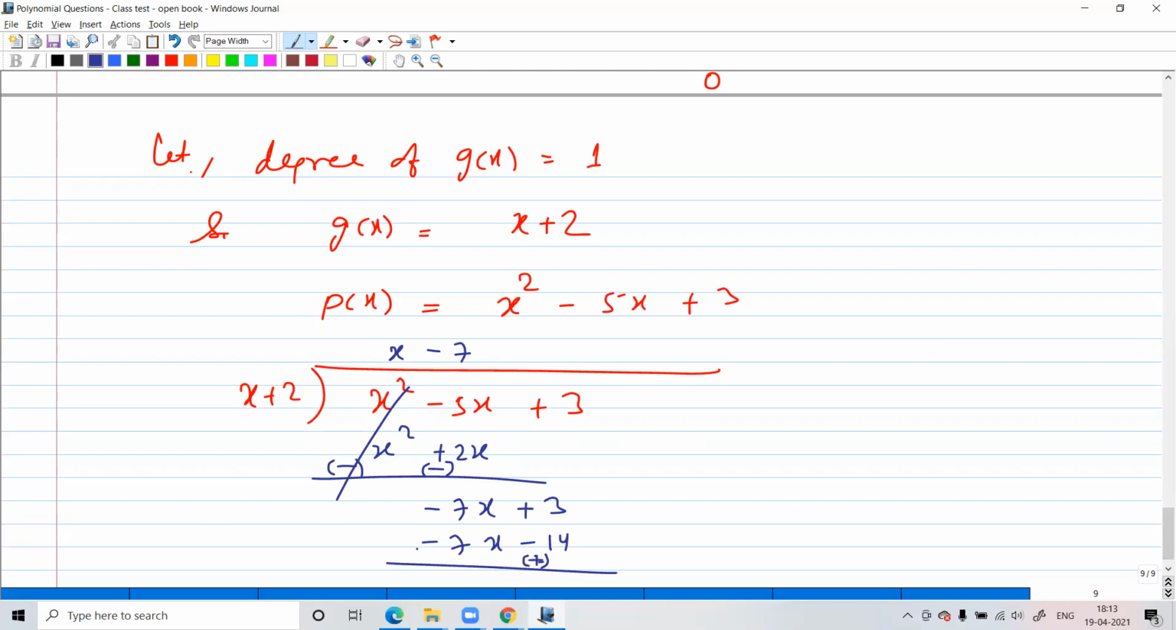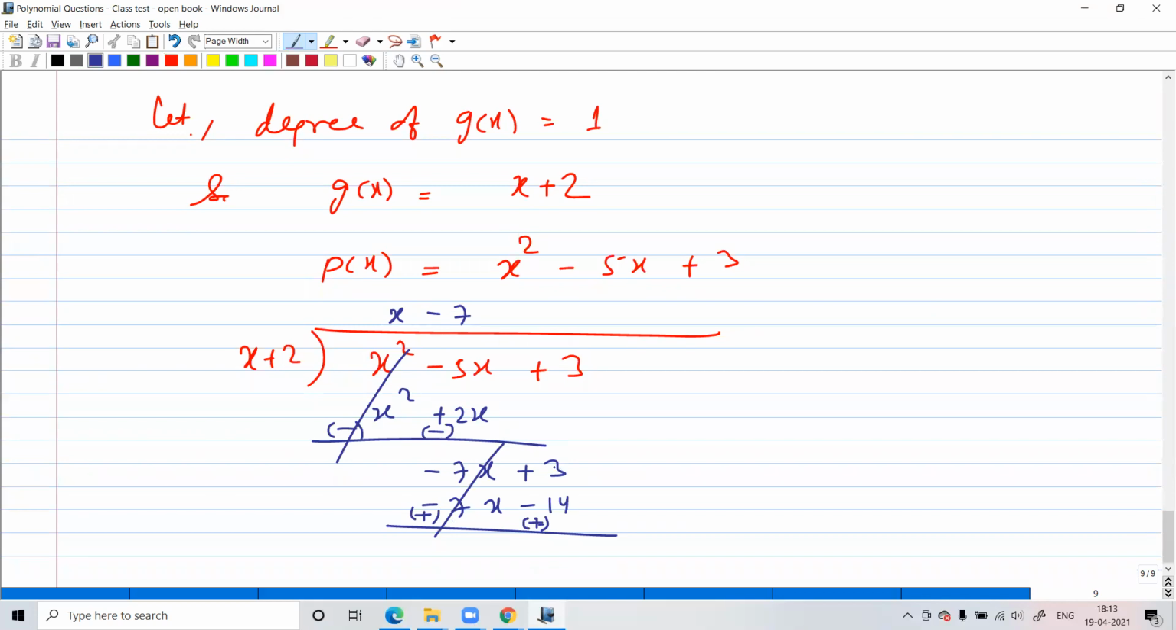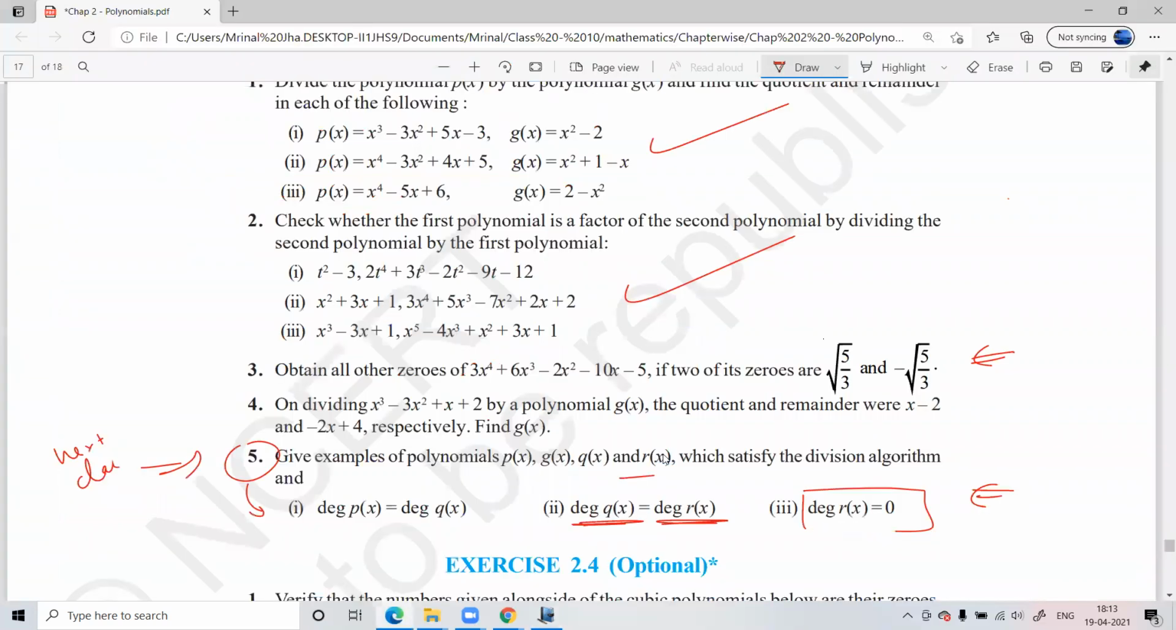Sir, so the remainder should be 1? No, sir. The remainder doesn't have to be 1. The remainder can be anything. It should be a constant polynomial, because every constant polynomial has a degree of 0. Read the question. What are they saying? They're only interested in the degree of the remainder being 0. So what does it mean? The remainder can be any